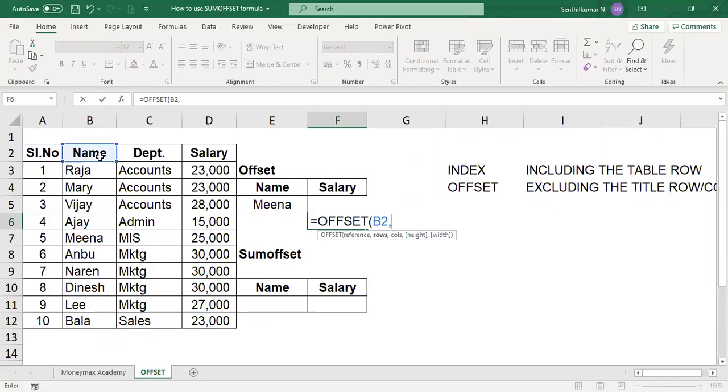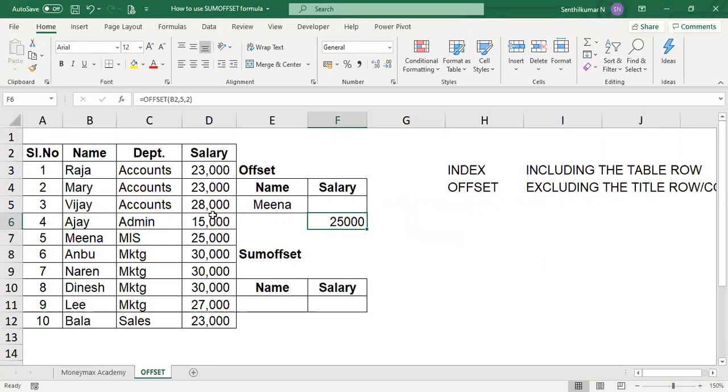In this offset function, we don't want to consider the name row. So what is the serial number of Meena? 5. What do you want to know? If you want to know the department, you put 1. If you want to know the salary, you put 2. So 25,000 is the salary. This is the offset function we are using.